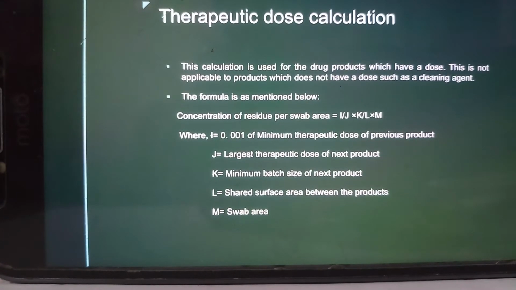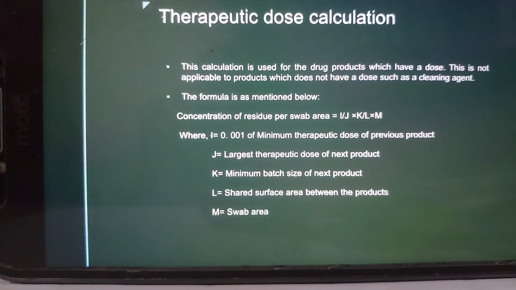Then first one is therapeutic dose calculation. This calculation is used for the drug product which is having a dose, and this is not applicable for intermediates or cleaning agents which do not have a dose. And for this, LD50 value is used for calculation of the residue limit. So the formula is